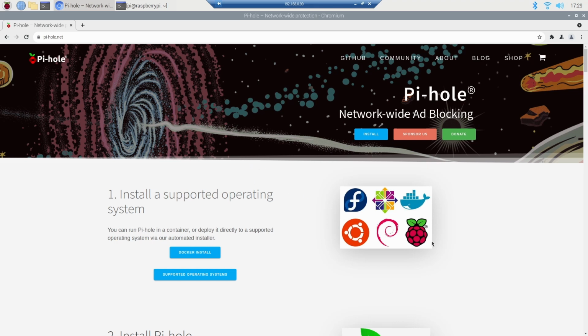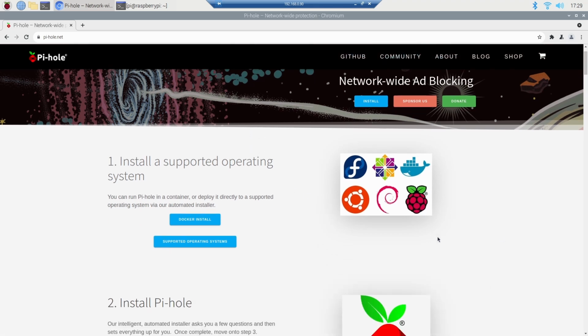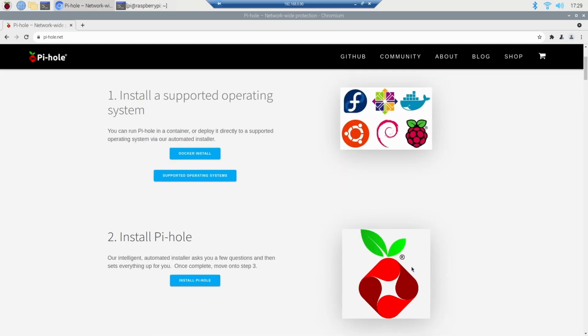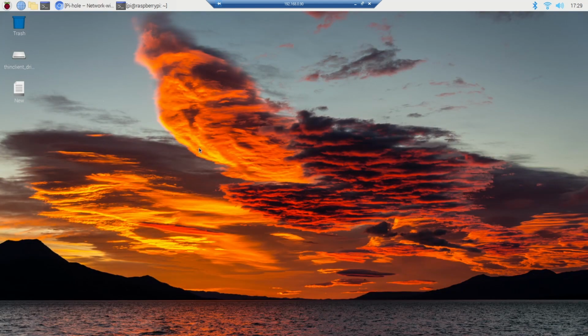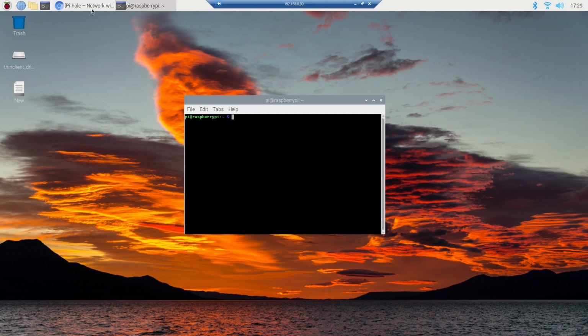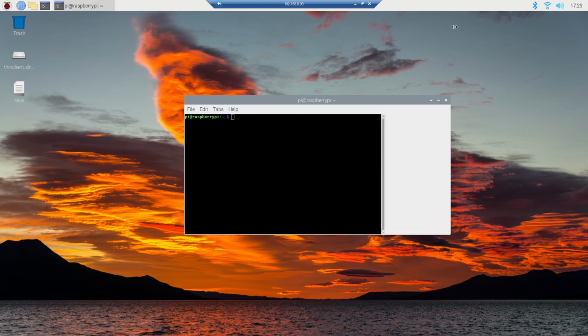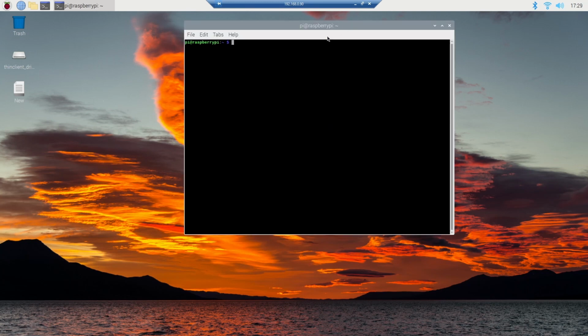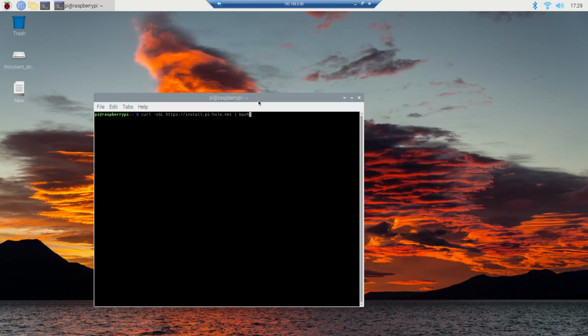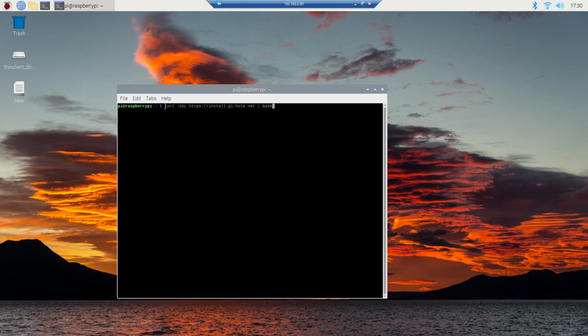Well, yeah, so with the Raspberry Pi we have Raspbian, which is the operating system needed, and we can just go on to our installation guide. The first thing we're gonna need now, we're gonna do this in the terminal, so I can close this window here, gonna open up a terminal window, and we have to type in a command, which is this one. We're gonna say curl ssl, then we're gonna say the site we're using, which is install.pihole.net, and gonna pipe it into bash,